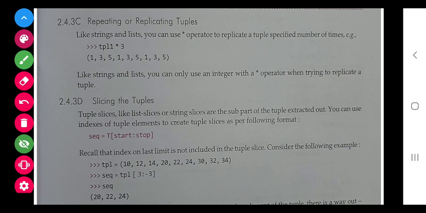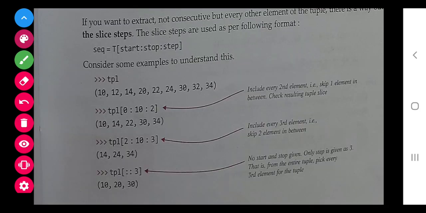Repeating, this also you have done. अगर टपल में 3 एलिमेंट है उसको हम 3 से मल्टीप्लाई कर देंगे तो वो 3 बार डिस्प्ले करा देगा. Slicing is the same, start, stop and gap also you can give. Here you can see they have given gap also, same as list, nothing new to tell you.